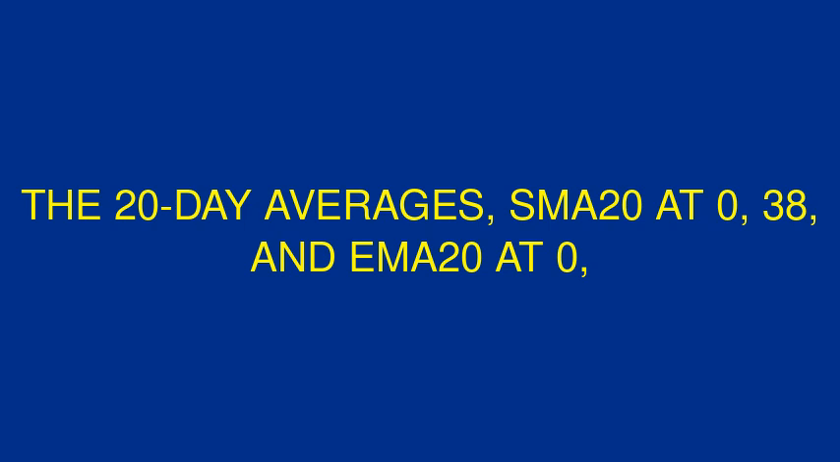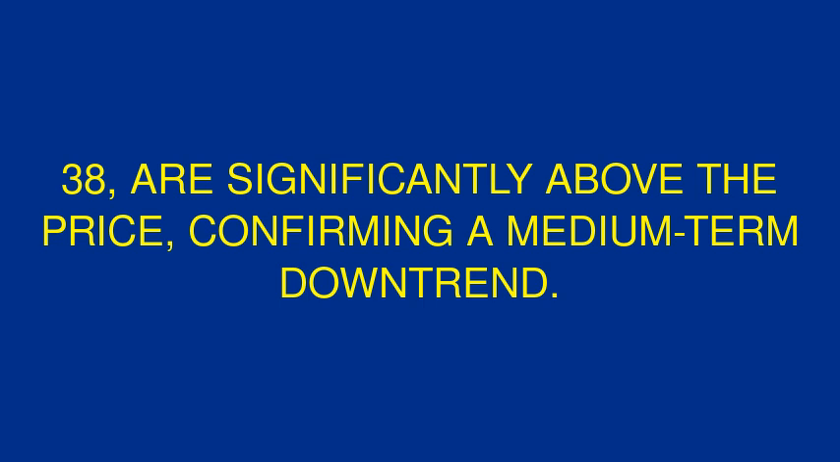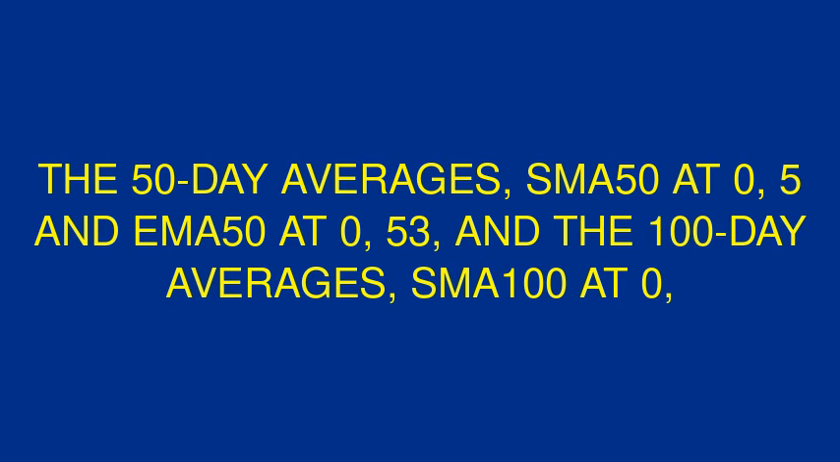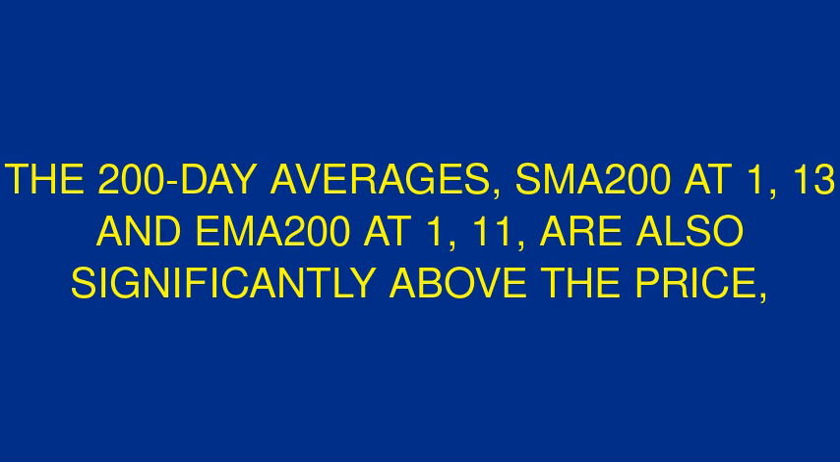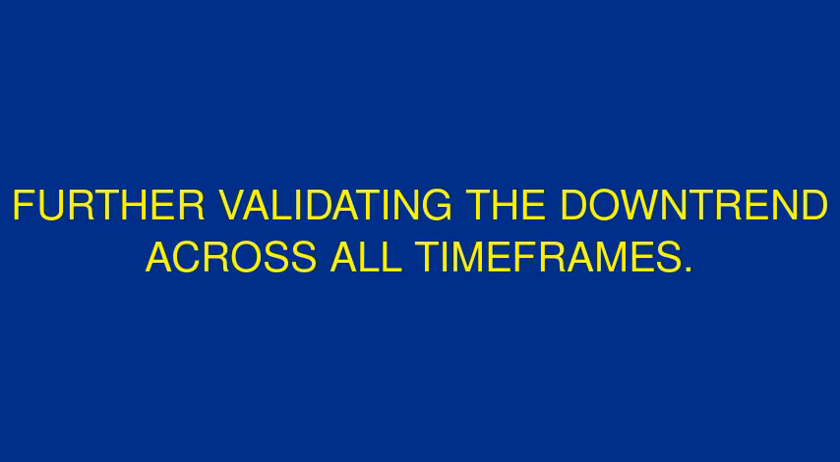The 20-day averages, SMA20 at 0.38 and EMA20 at 0.38, are significantly above the price, confirming a medium-term downtrend. The 50-day averages, SMA50 at 0.5 and EMA50 at 0.53, and the 100-day averages, SMA100 at 0.88 and EMA100 at 0.75, are well above the current price, supporting a strong long-term bearish trend. The 200-day averages, SMA200 at 1.13 and EMA200 at 1.11, are also significantly above the price, further validating the downtrend